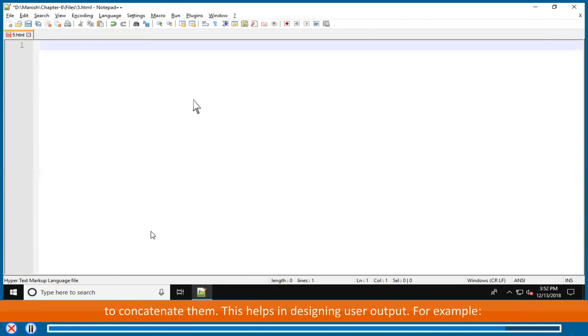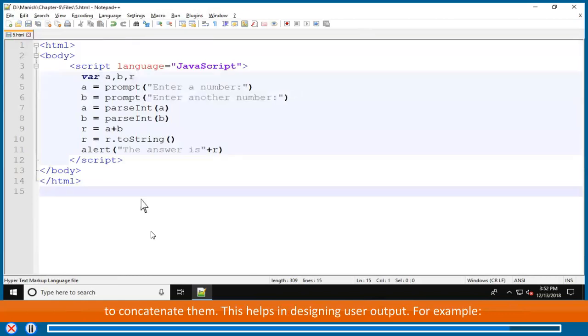For example, <html><body><script language="JavaScript"> var A, B, R; A = prompt("Enter a number:"); B = prompt("Enter another number:"); A = parseInt(A); B = parseInt(B); R = A + B; R = R.toString(); alert("The answer is " + R); </script></body></html>